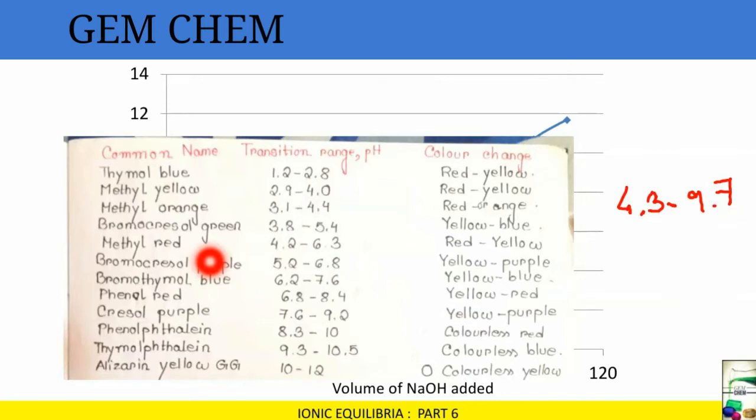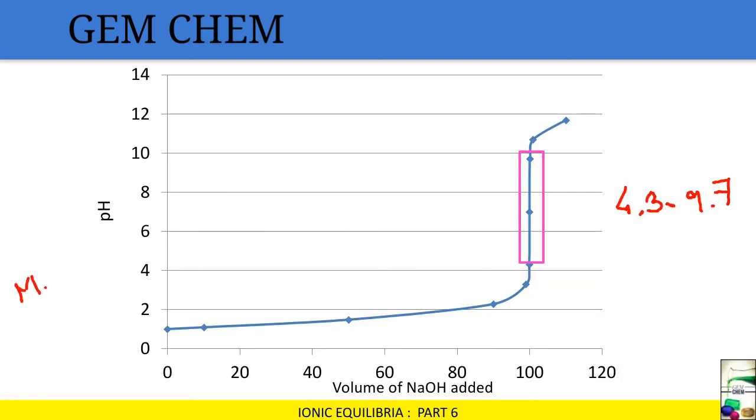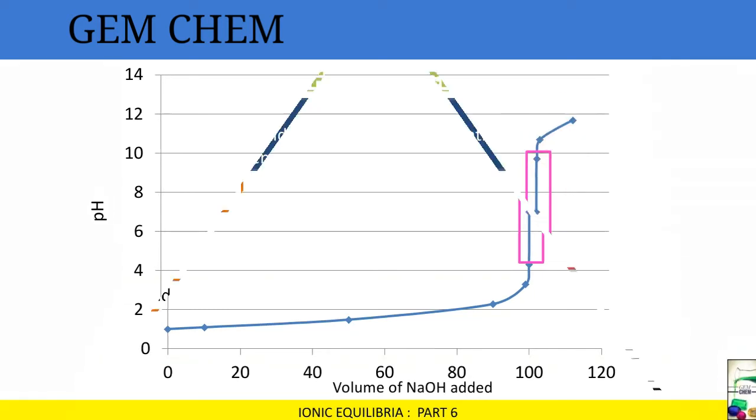So the most important in this case, which can be used as a suitable indicator, is this one, the third. So we will use methyl red as the indicator, and this is the way to detect which kind of indicator will be suitable to detect the end point and the equivalence point. And phenolphthalein, if used, will show detection at this point, and thus it is of no use because the equivalence point is just crossed. Okay, but sometimes phenolphthalein can also be used because it is not much away from that.